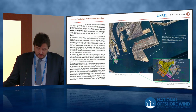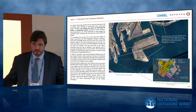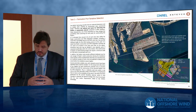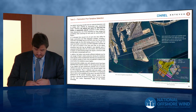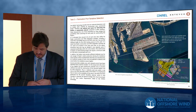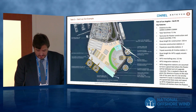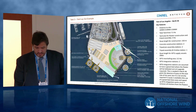So when we looked into Long Beach, we certainly don't have a very large area to do a huge marshalling for 100 turbines. But with our approach for manufacturing, there could be some areas that, and again, we haven't done that analysis, are not in heavy use right now, and could be considered. And we just made an exercise within Pier 46, which could look something like that. We would need 2 floating barges if we need to approach 1 unit per week construction rates. And this pier is actually not very heavily used, and